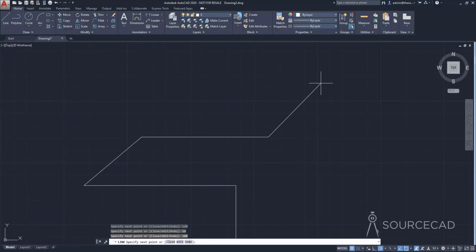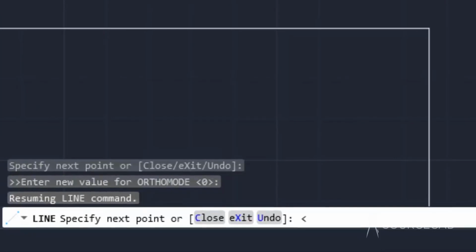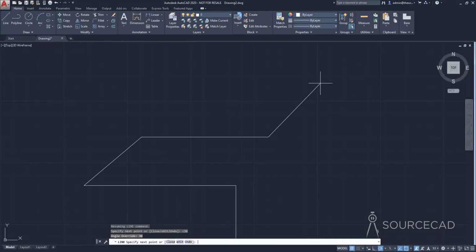So now instead of typing 30, I'm going to type this angle sign. Now this angle sign is on your keyboard. It's right next to the M key. So just press and hold the shift key, and then press the angle sign key, and it will add the angle sign. Now type in 30 and press enter, and AutoCAD will now take this value as angle,